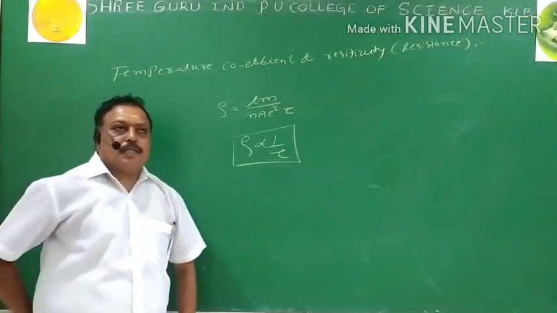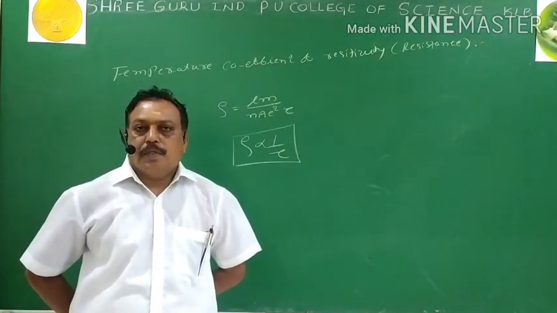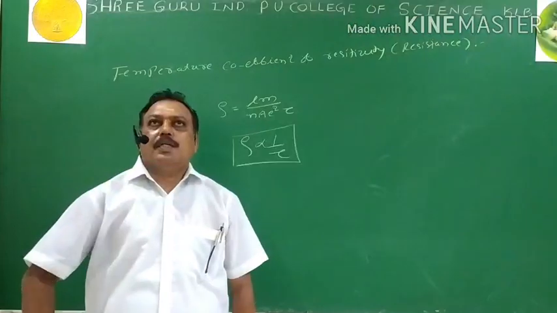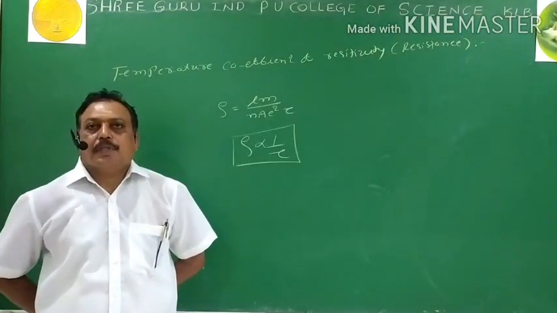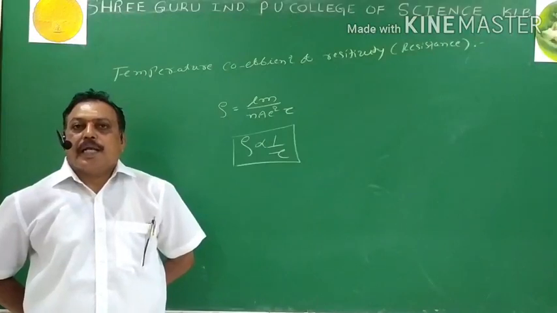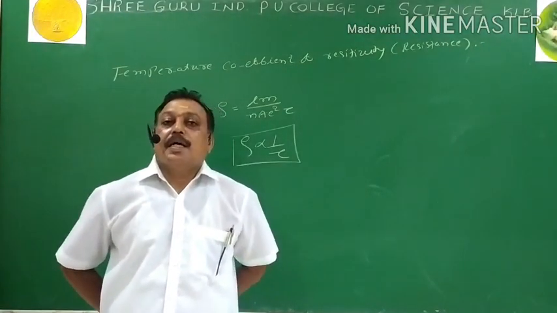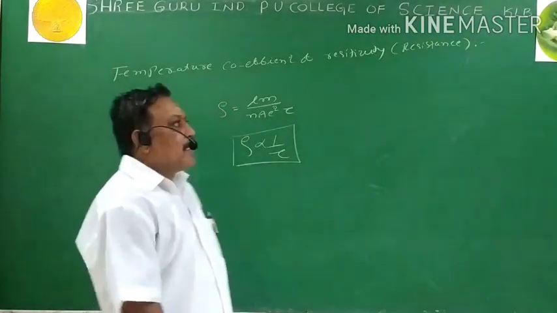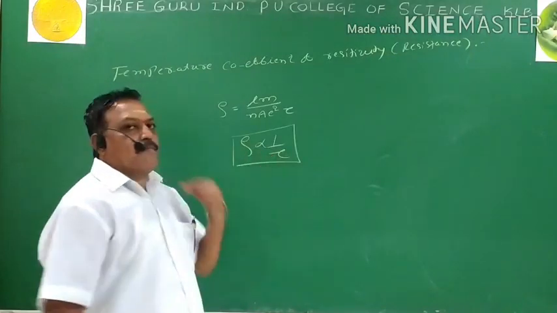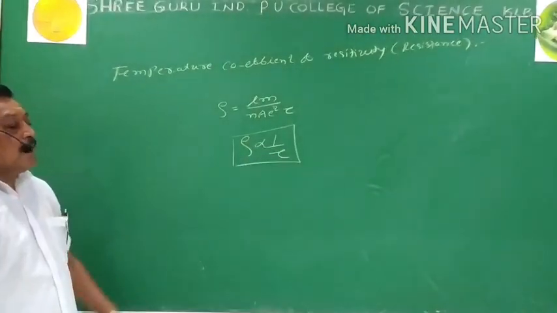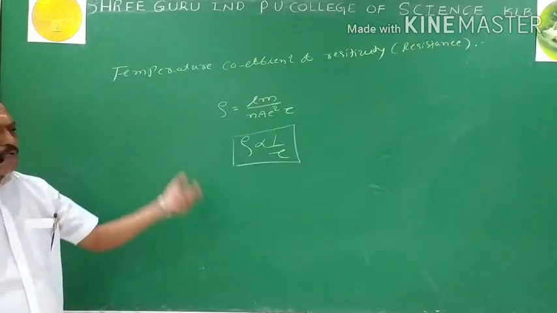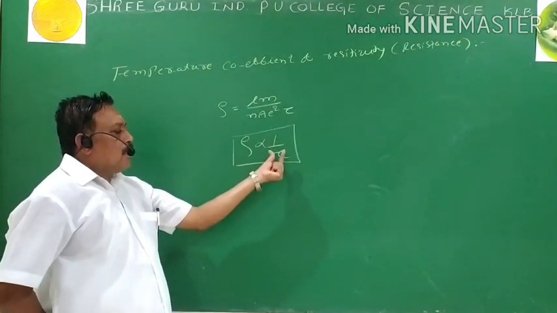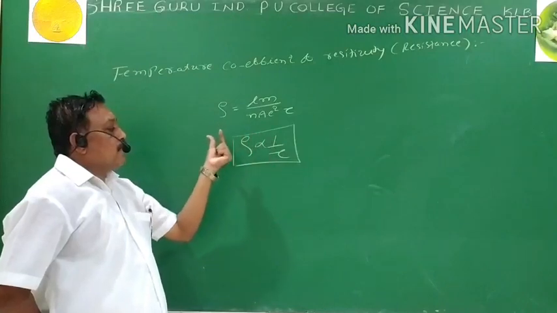We know from the earlier class that the electrons are in zigzag motion. By the application of the electric field, they are set in a proper order, with collisions with the respective ions in the conductor. As the temperature increases, the kinetic energy of the electrons increases, hence frequent collisions take place. Due to that frequent collision, the relaxation time decreases. As the relaxation time decreases, drift velocity increases. I don't go for the drift velocity here because the term related here is tau. Due to the frequent collisions, the relaxation time decreases, and resistivity increases.